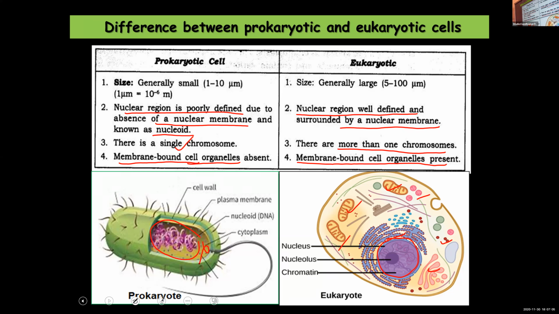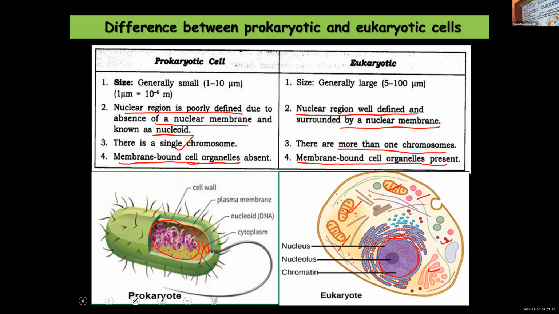I'll summarize it once again, and if you have any doubts, you can ask. We are starting with the first point. In order to avoid confusion, remember P: primitive, old, prokaryotic. Whereas new you can think for eukaryotic. It is not the correct meaning, but I'm saying it so that you can remember. The new ones have a properly defined nuclear membrane and the nucleus is well defined. The prokaryotic primitive forms don't have a well defined nucleus. You can remember this term so that you won't interchange the points and write.